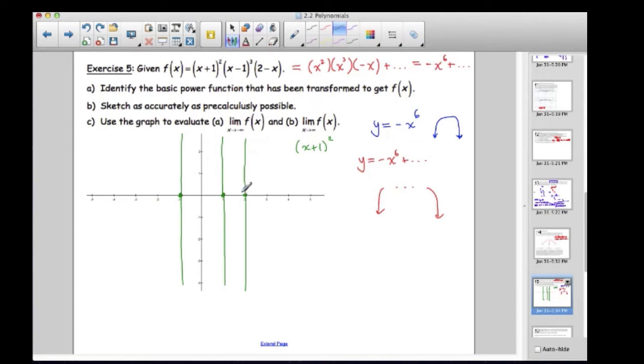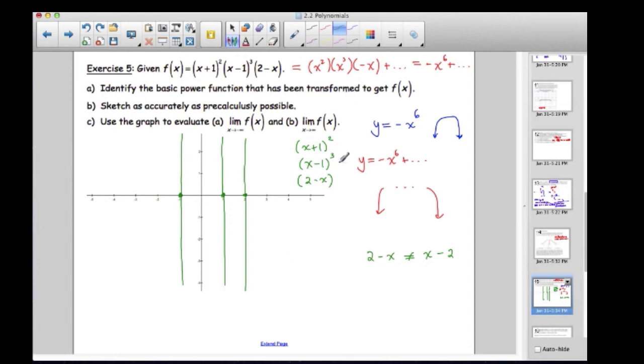And then the next root is 1, which came from the factor (x − 1) cubed. And lastly, the factor (2 − x) gave me the root, or x-intercept, of 2. It's important not to call this x − 2, because 2 − x and x − 2 are not equal. They are negatives of each other, and a negative would cause a vertical reflection, which would change the signs of